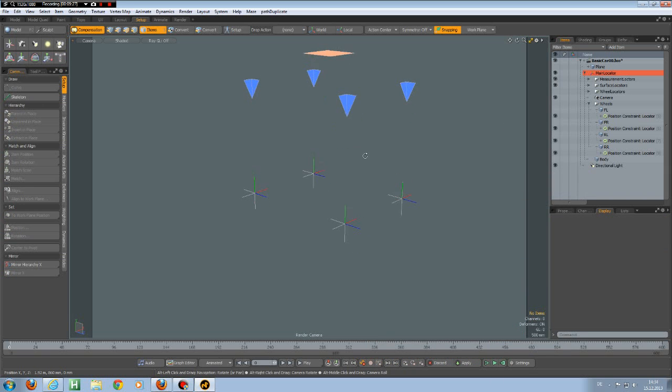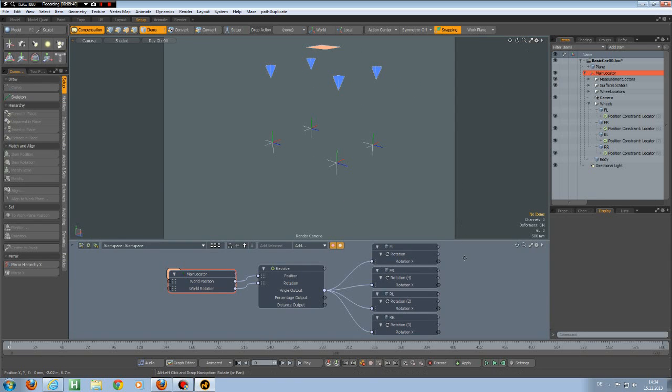Good. Now we do not get problems by selecting the wrong ones. Okay, let's go back to our schematic view,